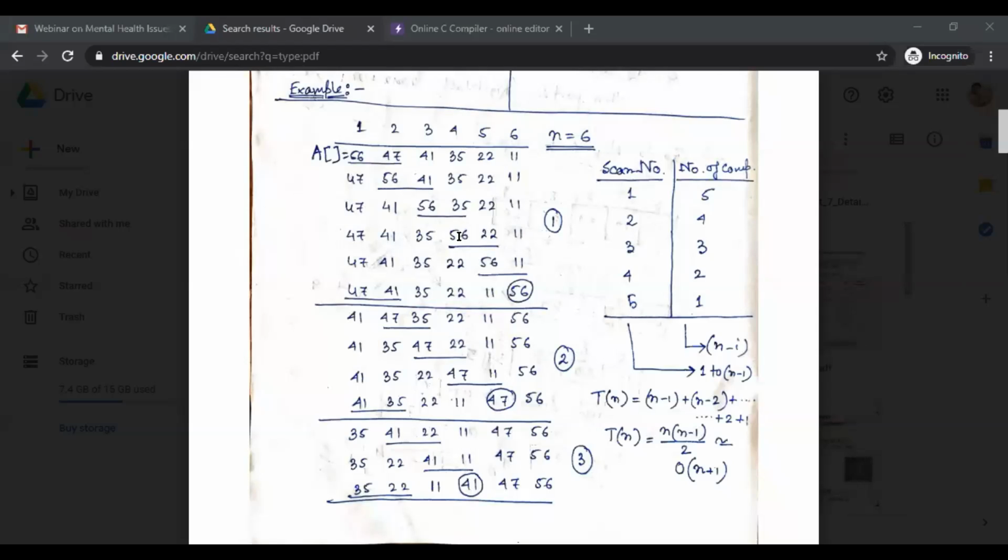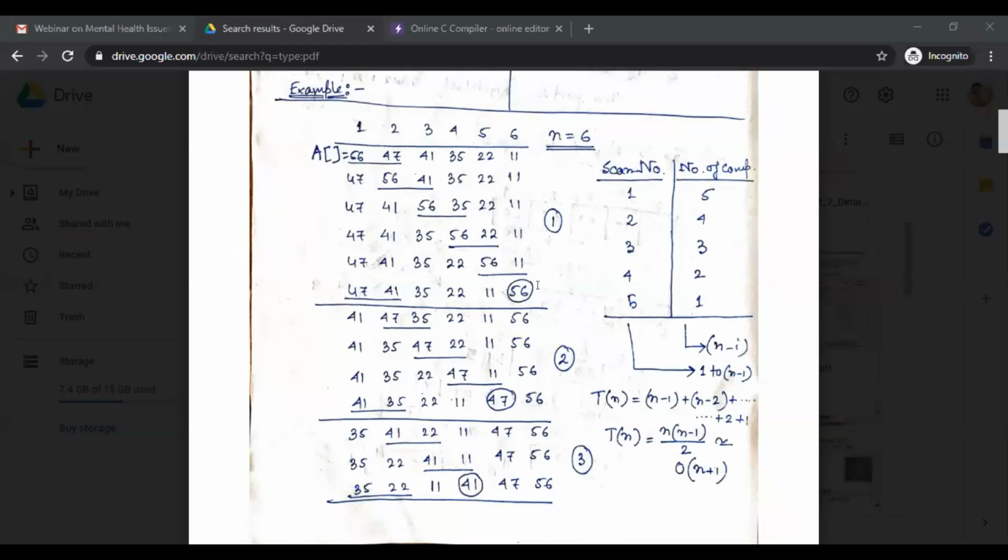Again I is incremented by 1. So now the I value is 3 and 4. Again 56 is greater than 22, so again it will interchange the position. And the last one, again 56 is greater than 11, so 11 and 56 interchange the place.